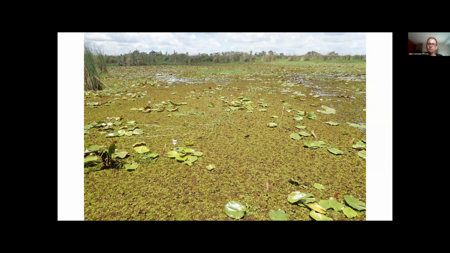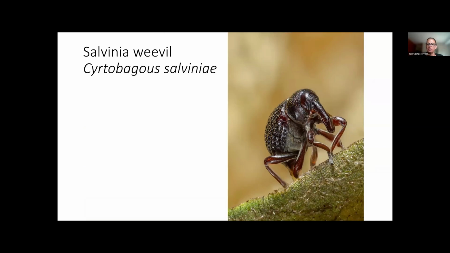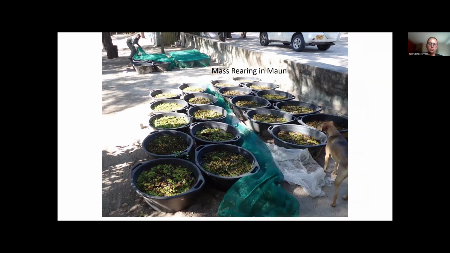And what the team from this National Geographic group did was they asked us how can they go about mass rearing this weevil for release in the Okavango. And this is the little weevil, Cyrtobagous salviniae. And this is the mass rearing that was set up in Maun. I mean, look how incredibly easy that is. A couple of wash tubs with the plant growing on it, and weevils sent from South Africa to inoculate into these for release then into the Delta.